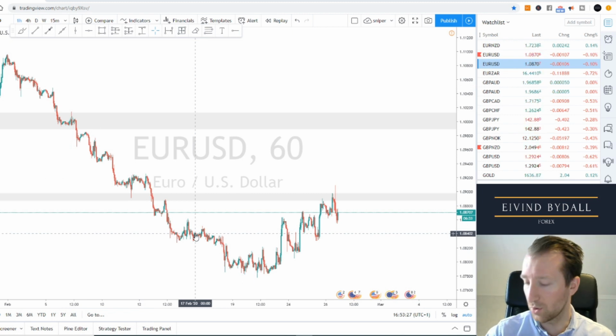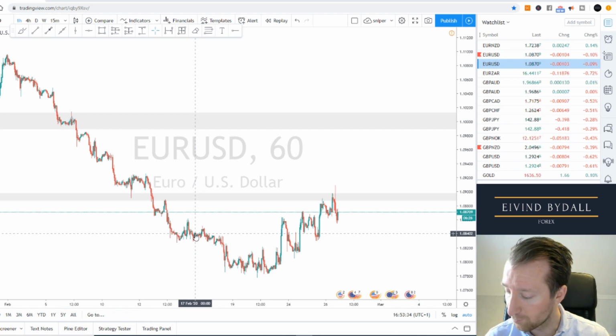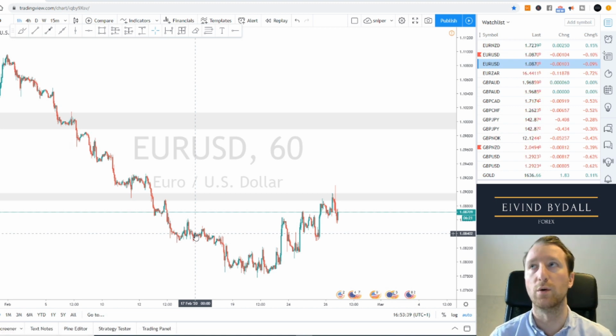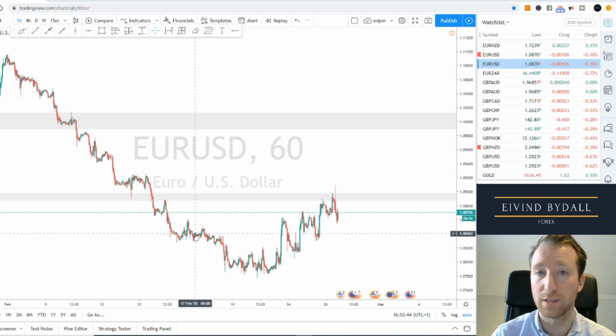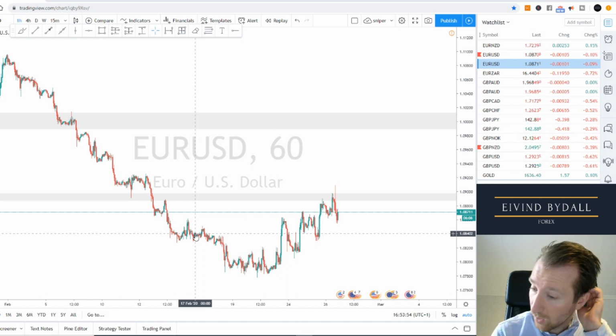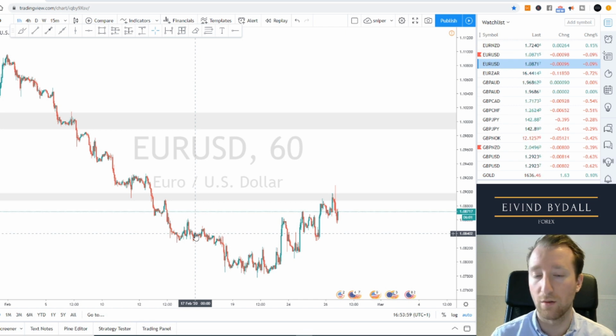For overtrading, how do you know you're overtrading? Most likely you know it yourself already. But if you don't know, I can tell you. One of the most important ones, or the first one you will see, is that you're having too many positions in one go. One, maybe on just one pair. Two, on different pairs. Or three, on everything that moves, you have a trade on. So that's overtrading, having too many positions.